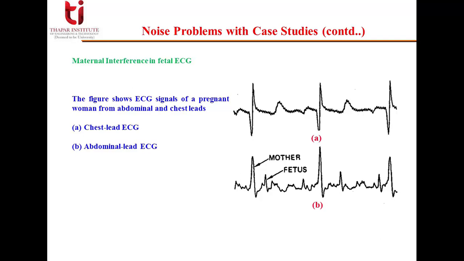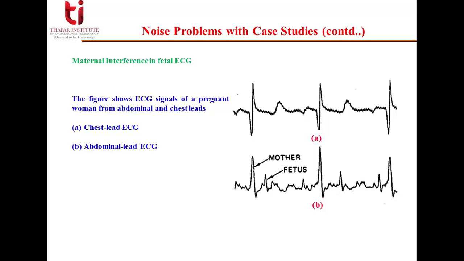If you see, we have separate complexes for mother and fetus. The first corresponds to only the maternal ECG, occurring at the same instant as the QRS complexes on the chest lead, as well as other weaker sections you can compare. So the remaining non-maternal QRS complexes represent the ECG of the fetus.